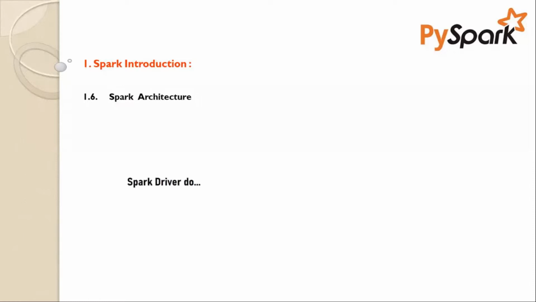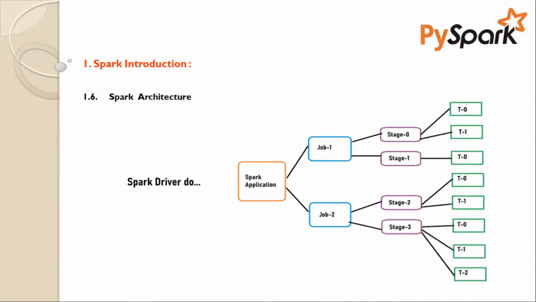I want to add one more point before the main topic: what exactly happens internally when we submit any Spark application. What the driver will do is, whenever we submit any Spark application, it will divide that entire code or application into subjobs. Here I just represented only 2, but in real time maybe more. Again, subjobs will be divided into stages, and again the stages are divided into tasks.